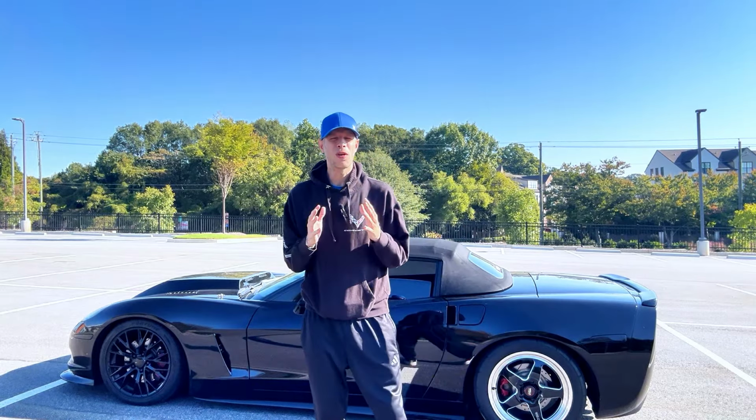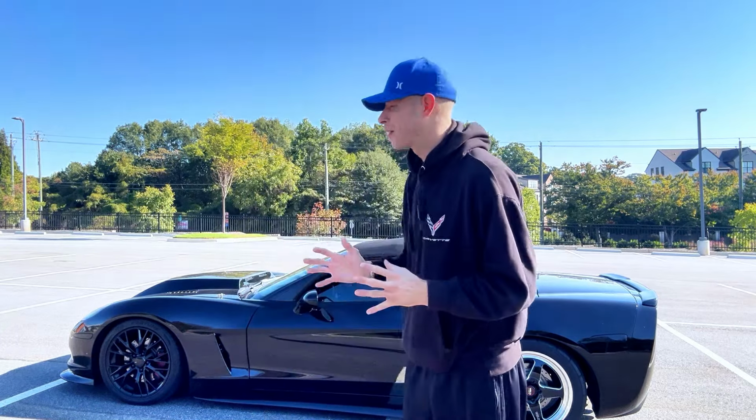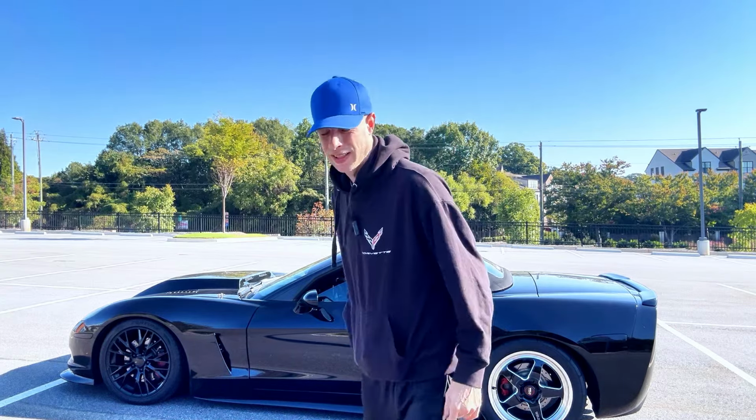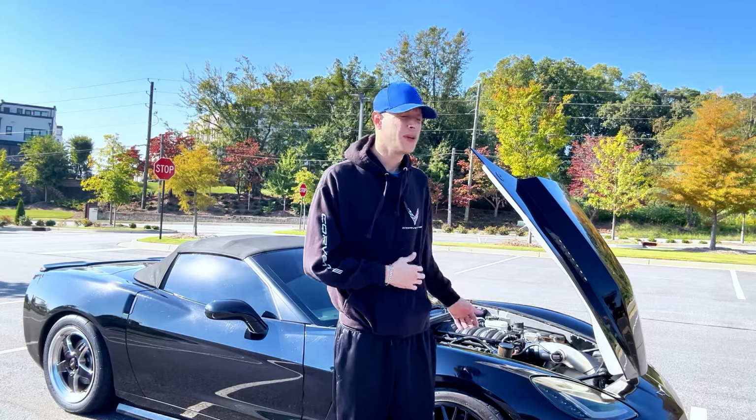Here's the thing, man. These cars are pretty temperamental. They really are. And what I mean by that is air gets trapped in the system when adding a new thermostat. And so an easy,